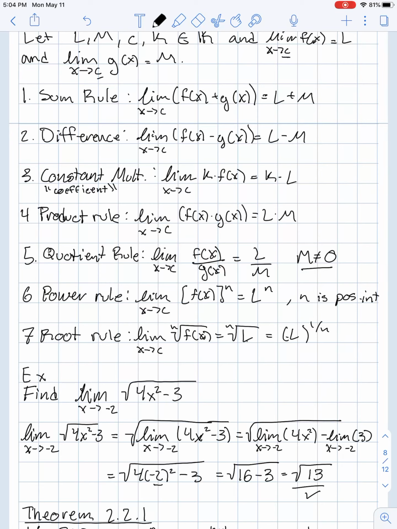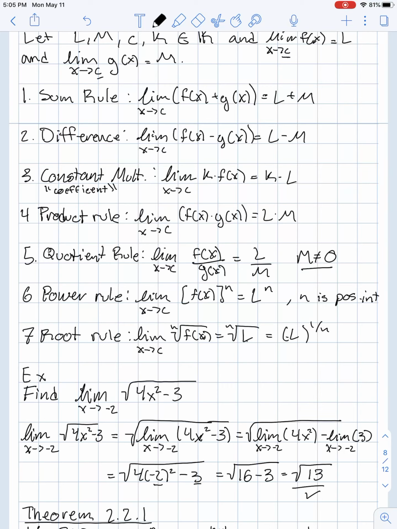And I know earlier that if it's a constant, I'm just going to be left with that constant. So that's how we get the square root of 4 times -2 squared minus 3. So that's going to equal the square root of 16 minus 3, which is then going to equal the square root of 13. All right, so